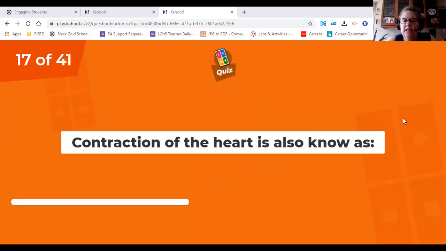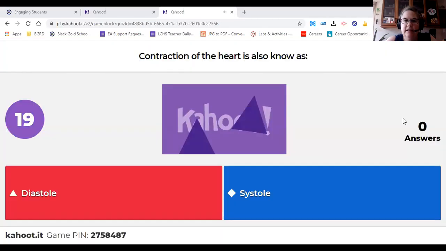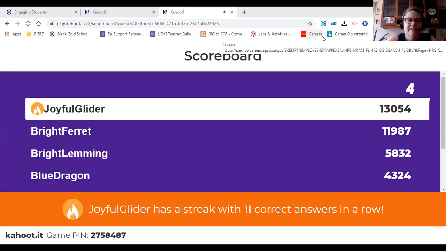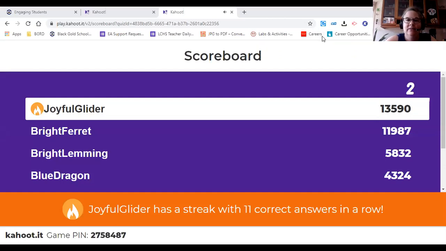Okay, contraction of the heart is also known as diastole or systole. All right, next we have